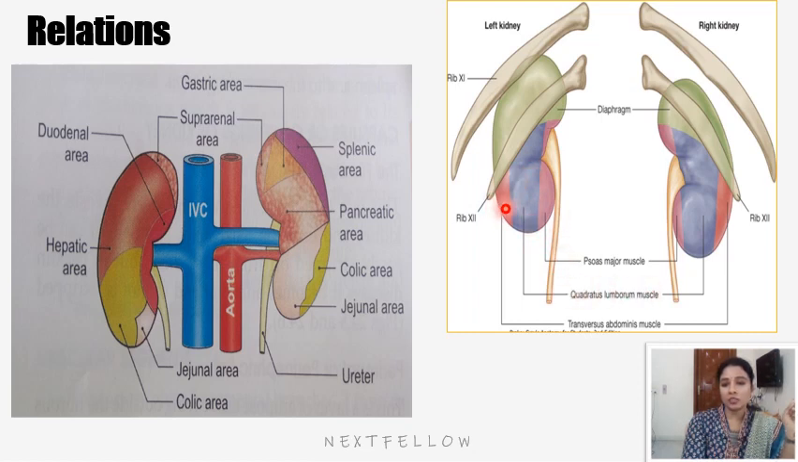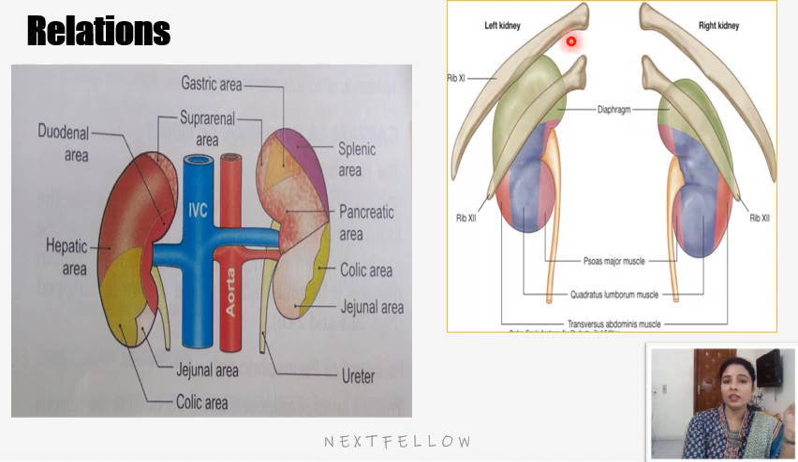And still more laterally, it is the transversus abdominis muscle. So from medial to lateral: psoas major, quadratus lumborum, and transversus abdominis muscle. So these are the muscles related, and it is also related to the subcostal nerve and subcostal vessels on both sides,